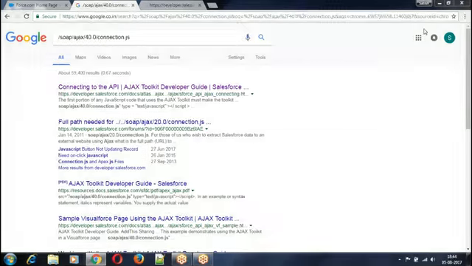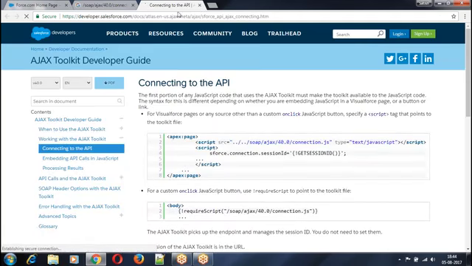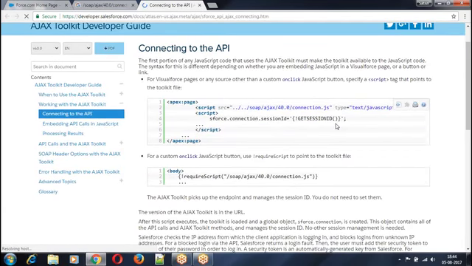Ajax operations in the Salesforce Visual Force pages. Salesforce has provided a toolkit which is called the S-Force Ajax Toolkit. Now, where is that Ajax Toolkit? If anybody wants to include that toolkit within the Visual Force pages, they have to include